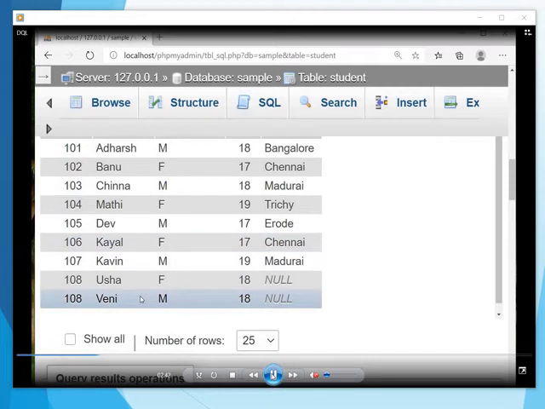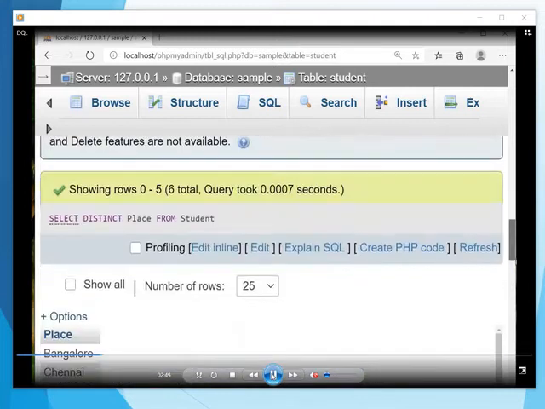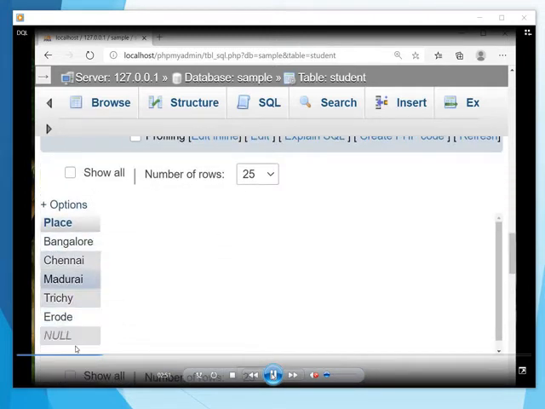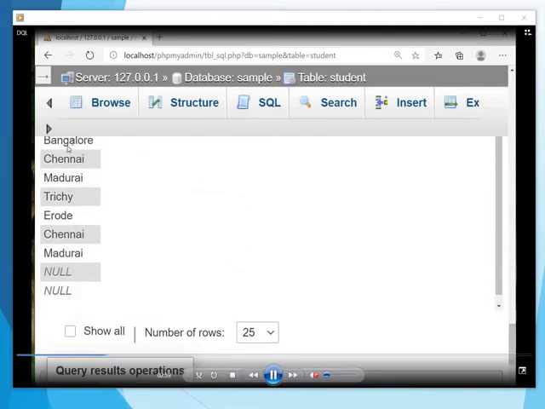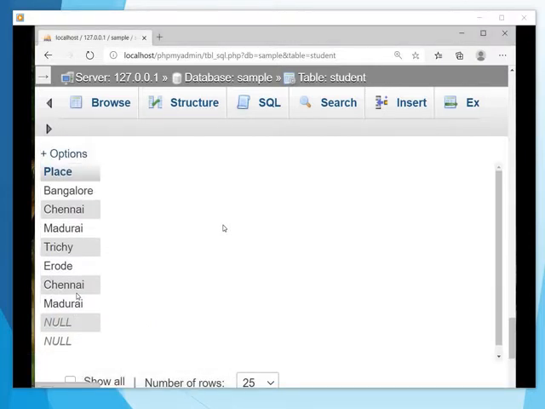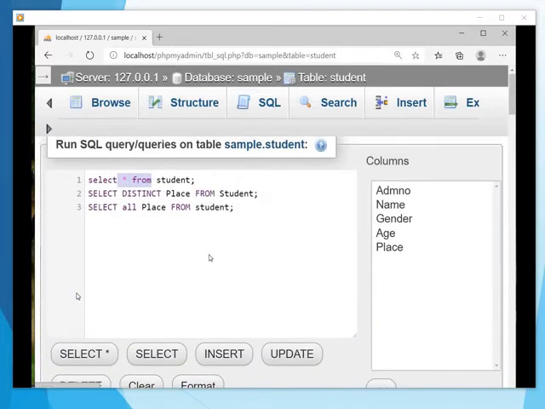First we are retrieving all the fields. So you can see there are 9 records. Then this is distinct, so it is eliminating the duplicate values. Then we are asking to display all, so it is giving all the 9 records including the duplicate values. So that is the use of the keyword all. But the keywords are used along with the select command, that is the DQL command.